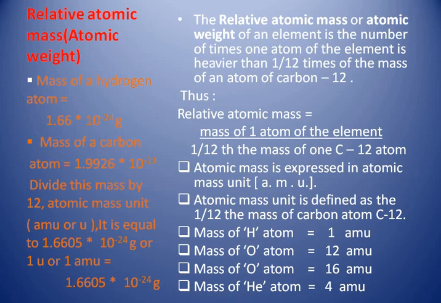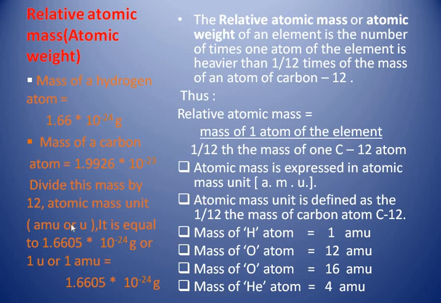Now, what is relative atomic mass? Are the atomic masses we know the actual atomic masses of an element, or are they relative atomic masses? That is the question. We did not know whether the actual mass of hydrogen is 1 AMU, or 1 gram, or how many grams it actually is. So we are dealing with the relative atomic masses today.